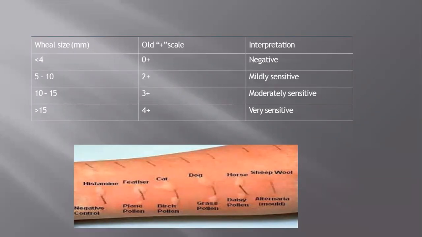Okay, clear. So here, the wheal size less than 4, score is 0, and the interpretation is negative, the person is not having any allergic sensitivity. Then the wheal size is 5 to 10 mm, the score will be 2 plus, and the interpretation is mildly sensitive, or mildly having allergic sensitivity. Then 10 to 15 mm, the score is 3 plus, which indicates the individual is having moderately allergic sensitivity. Then more than 15 mm, which indicates 4 plus score, and the individual is very sensitive or highly sensitive